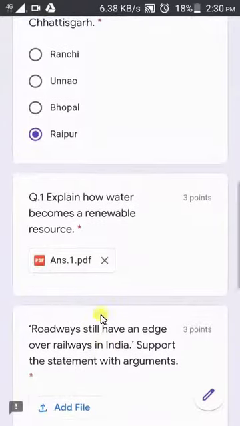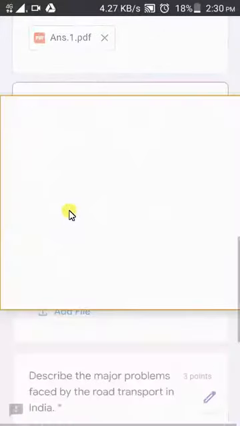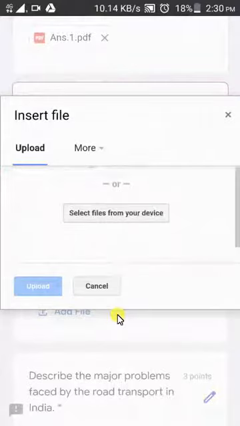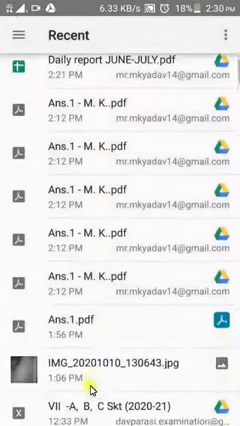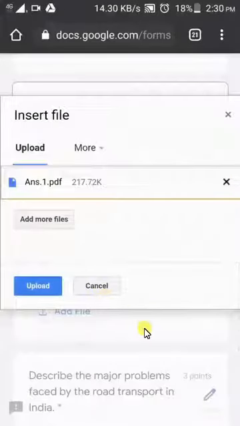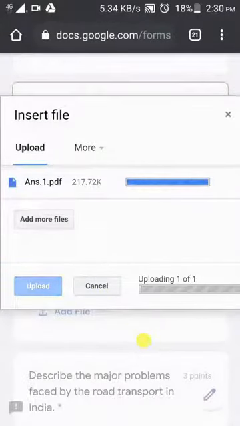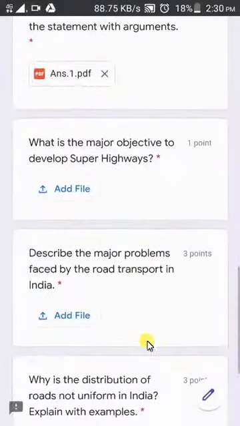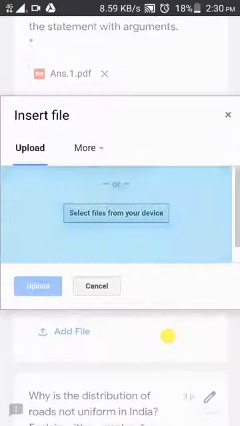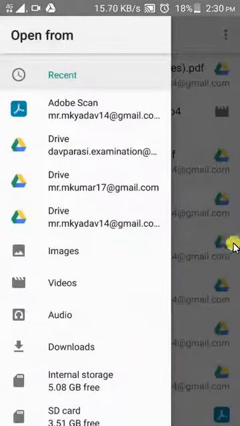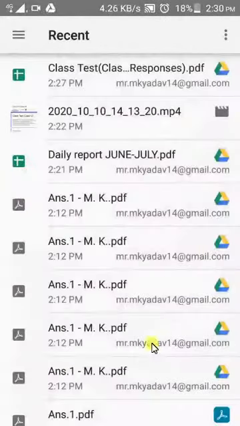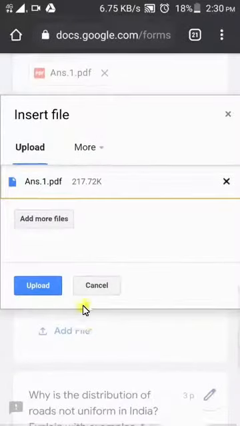That would be wrong, but just for my ease I have uploaded the same. Again document, and from the file option, the student has to click this side, and now click this PDF file and upload.